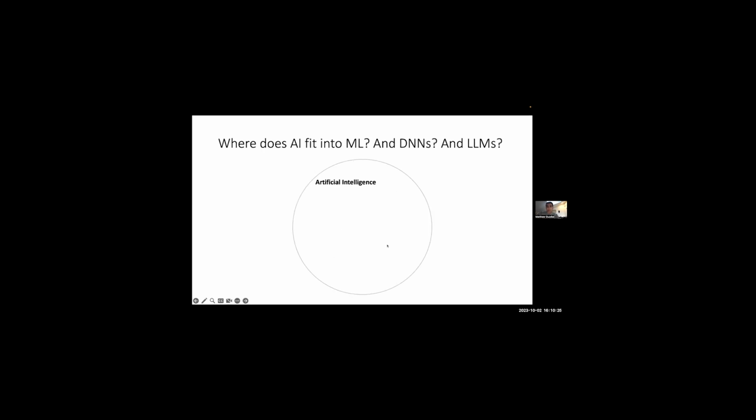So this includes like the constructive methods that I just mentioned a second ago in terms of PCG. And within that is machine learning. So that includes deep neural networks, but it also includes other machine learning approaches like decision trees and Gaussian mixture models and et cetera, et cetera, et cetera. Anything where we're learning from examples or data. And finally, large language models or diffusion models or whatever are just a subset of deep neural networks. So this is a big area. And so the fact that we're just nowadays calling anything that's an LLM AI is quite annoying.